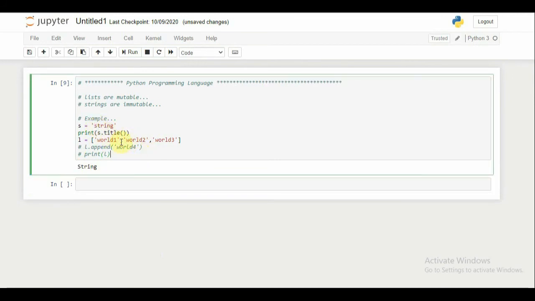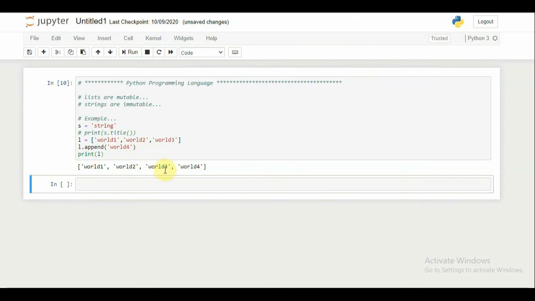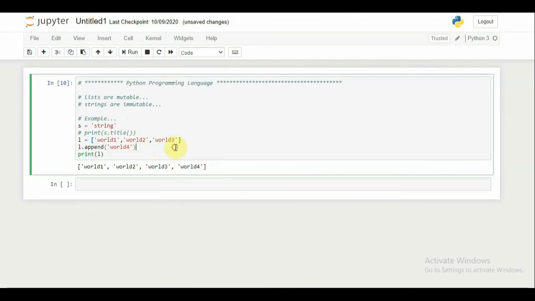So it is a new string generated from our previous string, but we cannot modify the original. On the other hand, if I run the list, you can see here the fourth element can be added and can be removed from the list. So this is the basic difference between the list and string data types, that lists are mutable and strings are immutable,